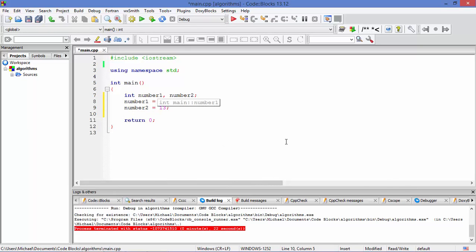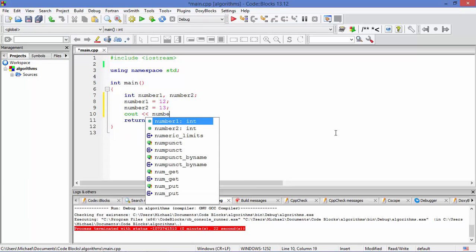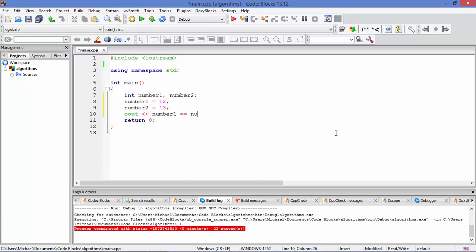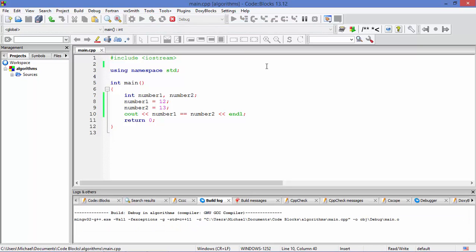So the first operator we want to look at is the equality operator, and that's the double equal sign. So we'd express equality by double equal sign. So when you see it, you have two operands on either side, and we're stating that the left operand is equal to the right operand. So number 1 is equal to number 2. And when we run that,